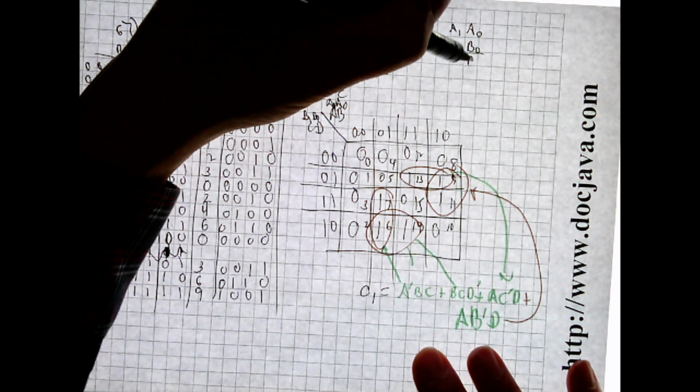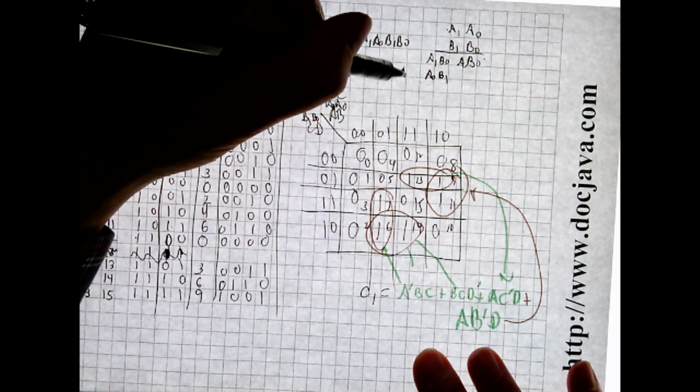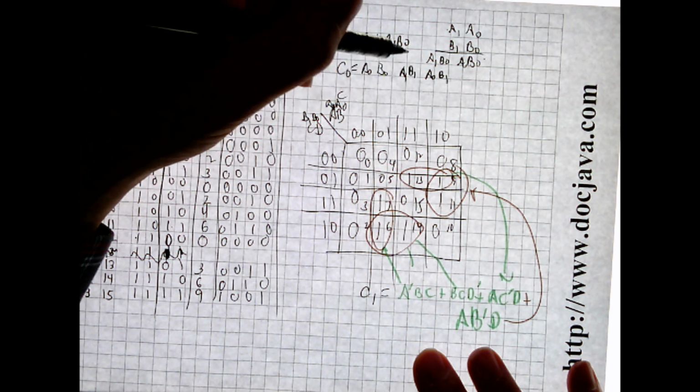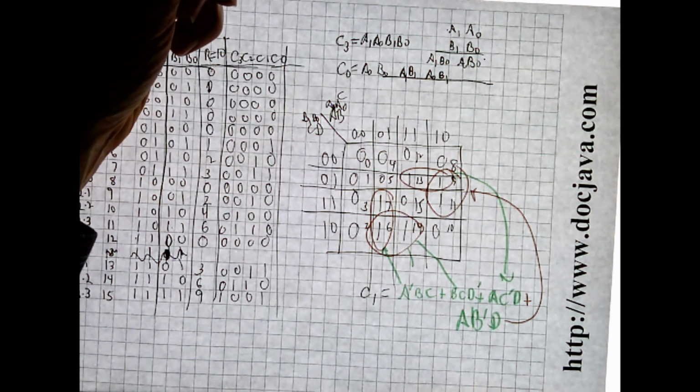So then what you'd have is B0, A0, A1, B0, and then you'd come down over here and you'd write A0, B1, and then A1, B1. Now, if you wrote it out that way, symbolically,